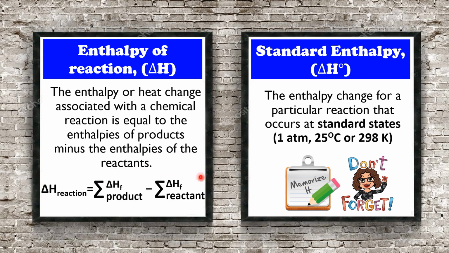So we have this formula: delta H reaction is the sum of the enthalpy of the products minus the sum of the enthalpy of the reactants. Whereas the standard enthalpy, which we symbolize as delta H naught, refers to the enthalpy change for a particular reaction that occurs at standard state, that is 1 M, 25 degrees Celsius, or 298